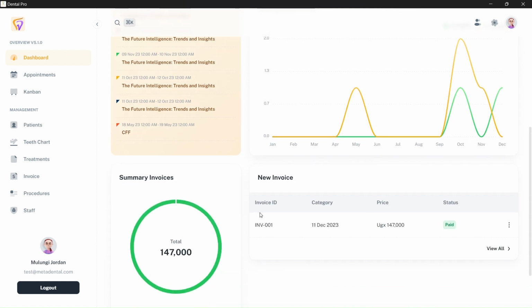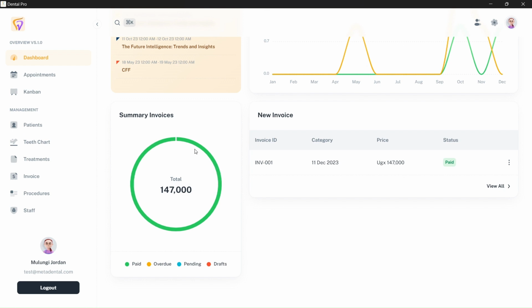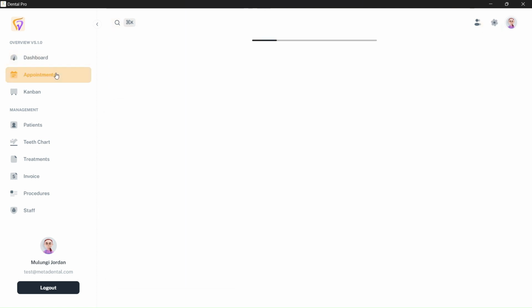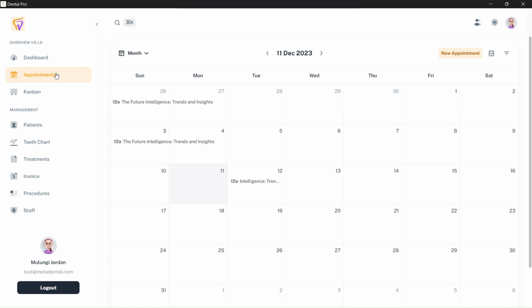Then we proceed to the summary of invoices. These are all the invoices. We only have 1 invoice within the system and it was paid for. So that is the chart. Then we proceed to the appointments. With the appointments, we have the